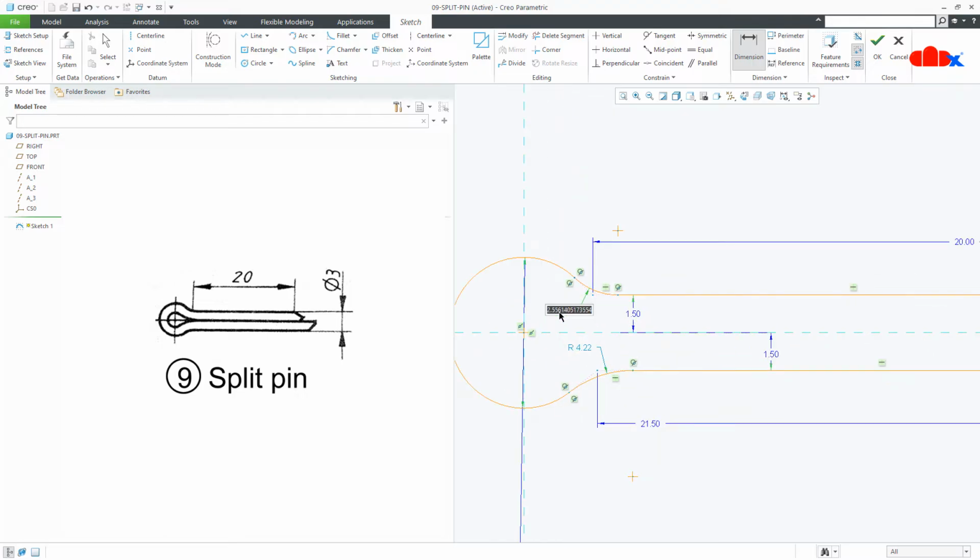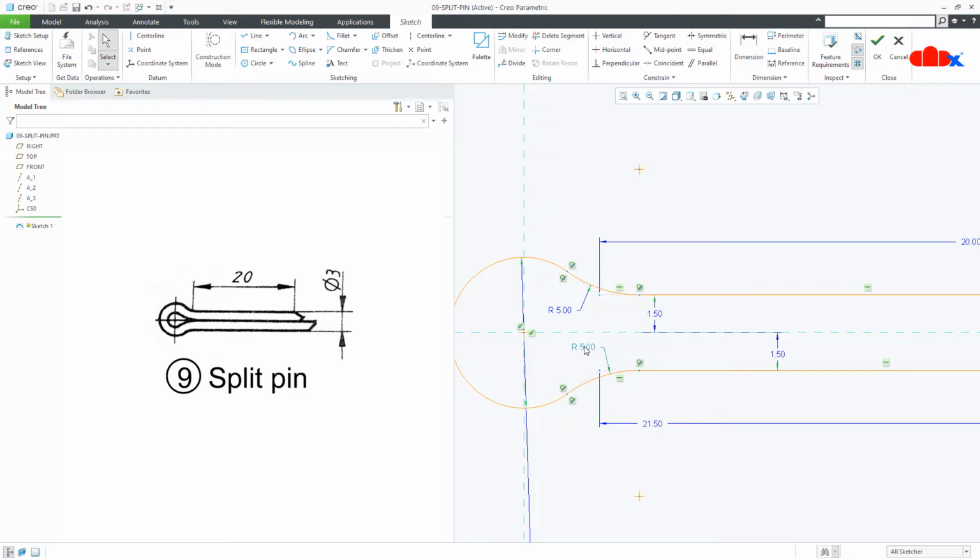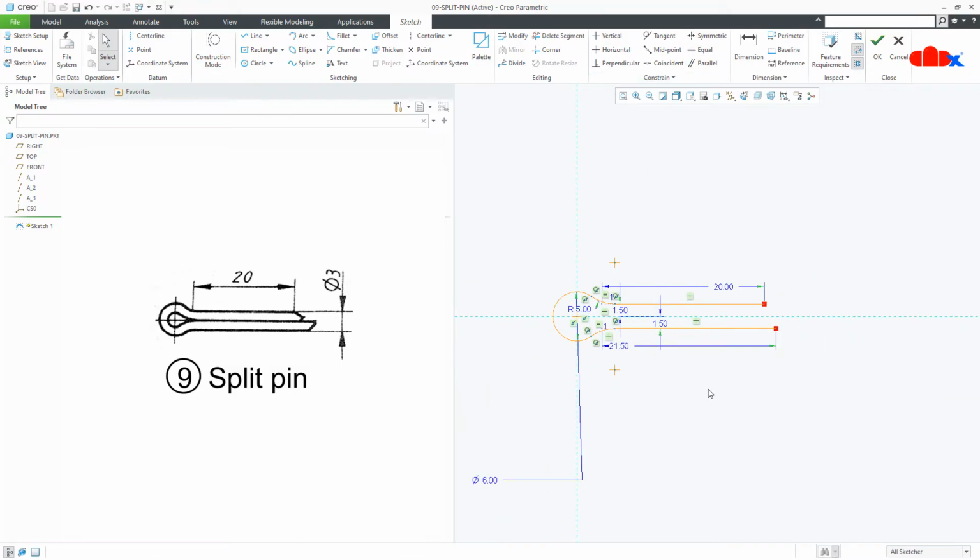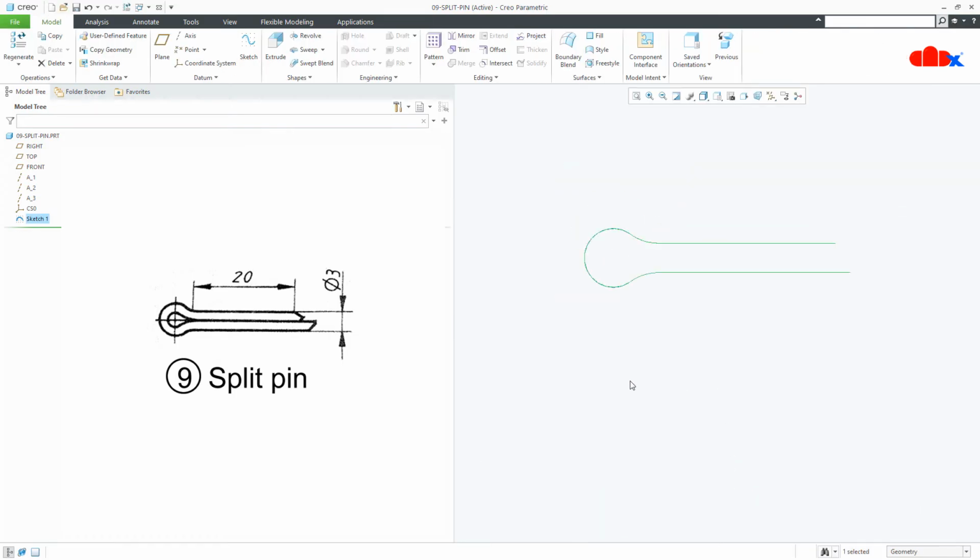Now this radius is 5 and this is also 5. You can make it equal, this and this. Now say OK. So the path is done.